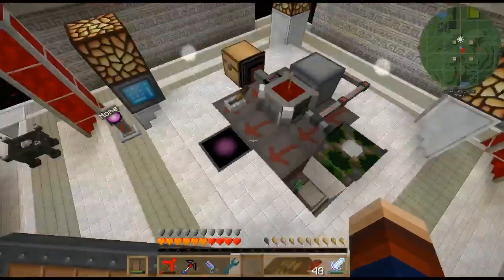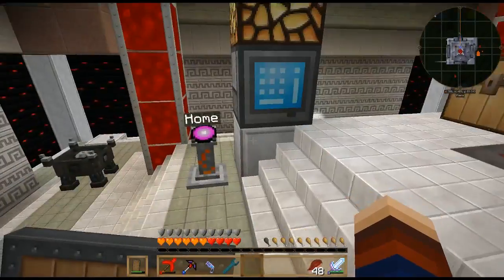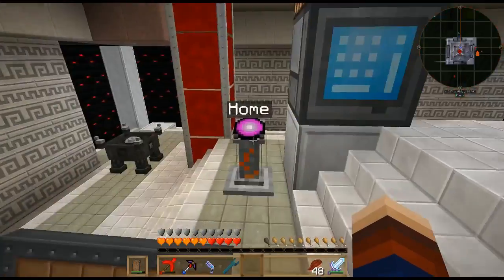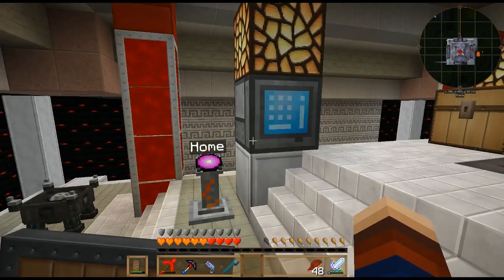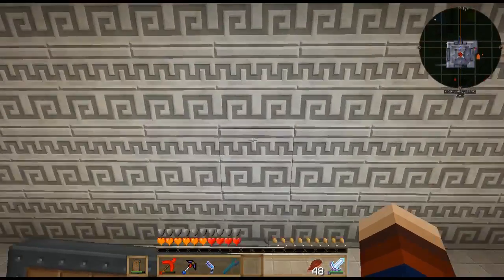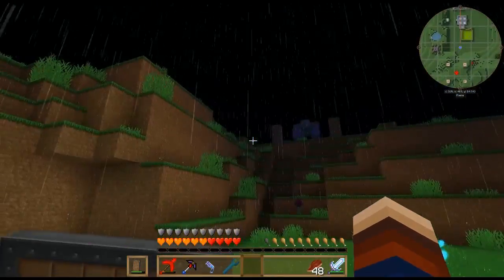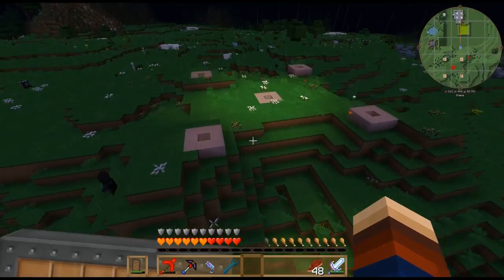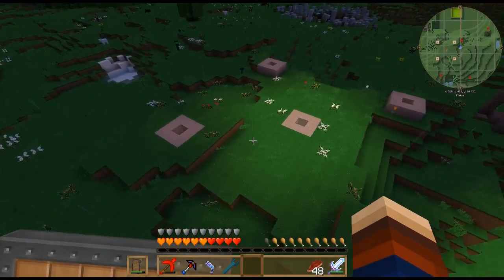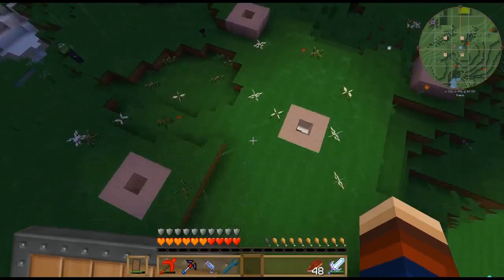So let's get out of here. And just in case, I can teleport straight back home if I want to. Boom, I'm back. Boom, back at the altar. Nice and easy. But just in case, there's also a little secret door over here. You can get outside. And yeah, you can see here's the outside. Eventually there'll be beacons coming out of here, but until then,